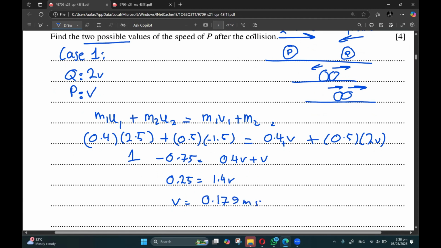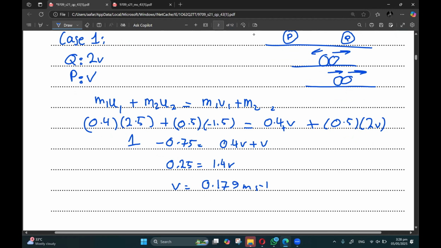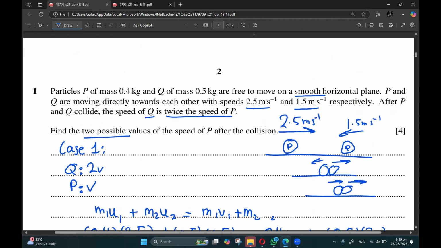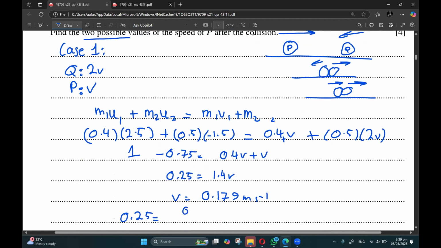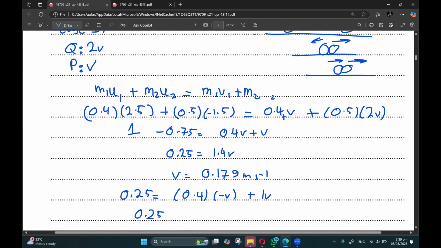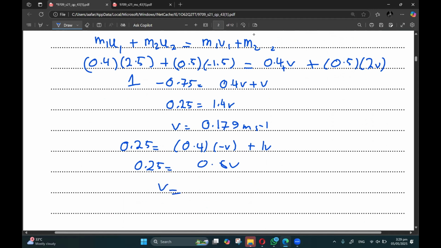So what we get here is 0.179 meters per second. And for the other scenario, let's say that P goes in the opposite direction. So we'll take 0.4 times negative v plus 1v. So 0.25 gets us 0.6v. So what we get is